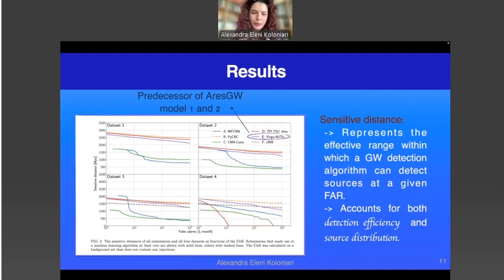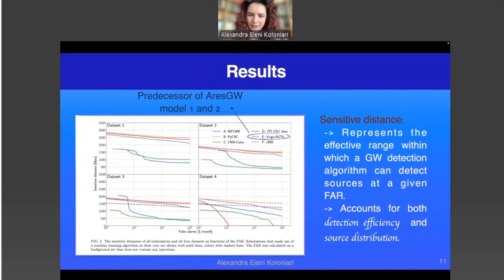Our predecessor of the AresGW Model 1 and 2 code was the Virgo Aug code, which here is represented with a purple line. And in the 4th dataset, which is the most important because it contained the real noise, you can see that our pipeline achieved the best results out of all the machine learning pipelines. The machine learning pipelines here are represented with solid lines, while 2 traditional pipelines are represented with dashed lines. PyCBC, whose library we will use later, is depicted in orange.